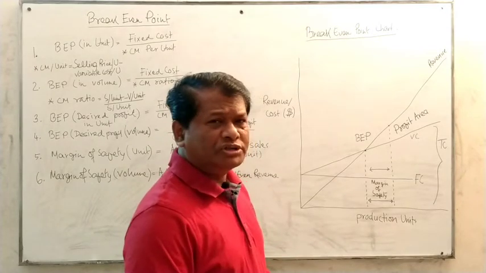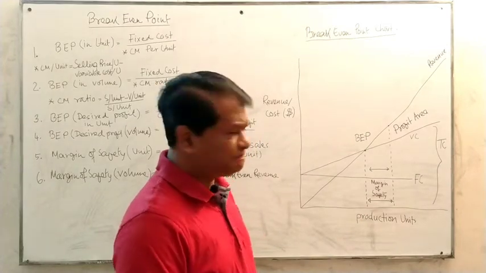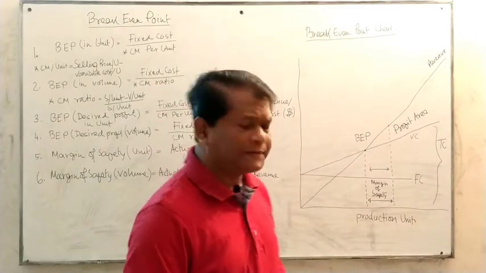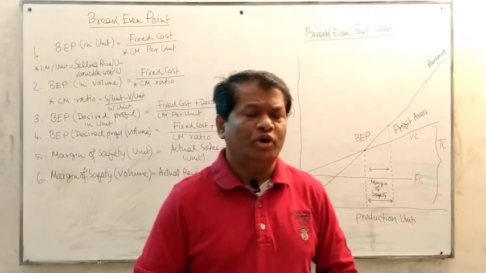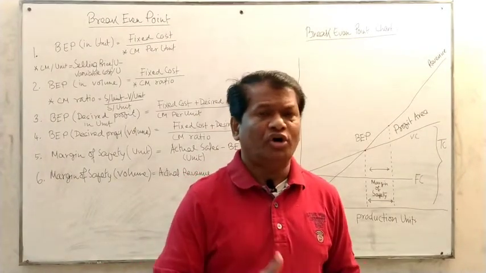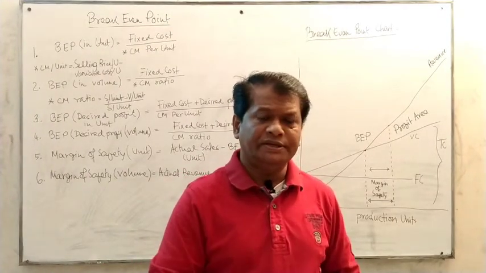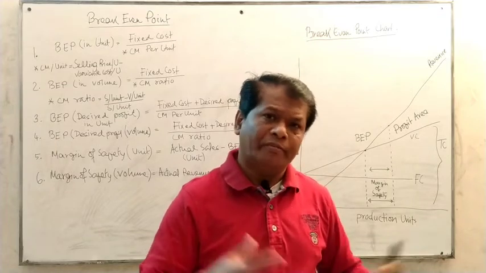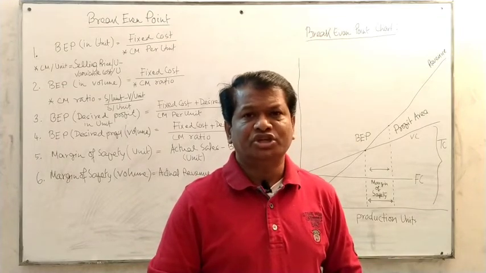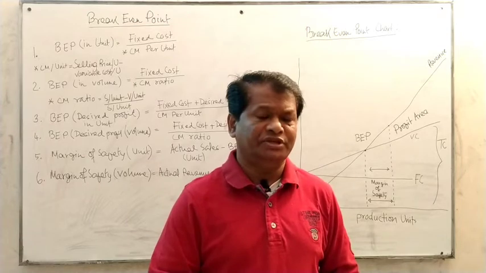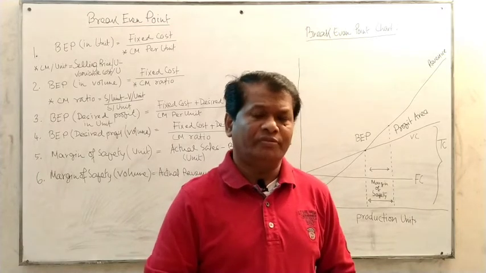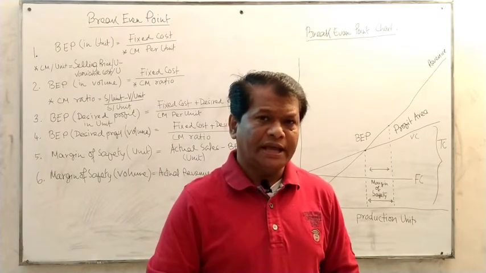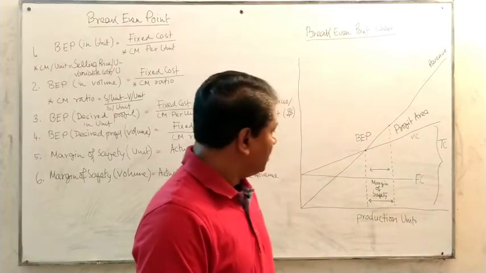Through the break-even point, we can find three elements. One of the elements is the amount of sales in units or the volume that is to be determined. Second, we can find the margin of safety. Margin of safety is the profit the business is generating. That we can find here, margin of safety. And another thing is